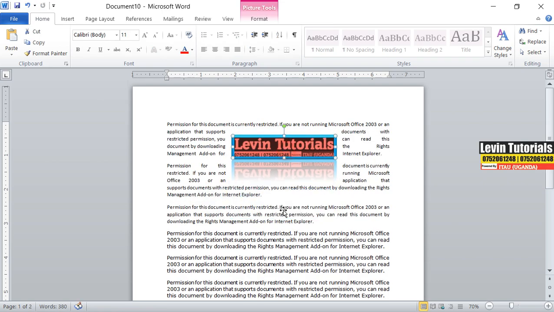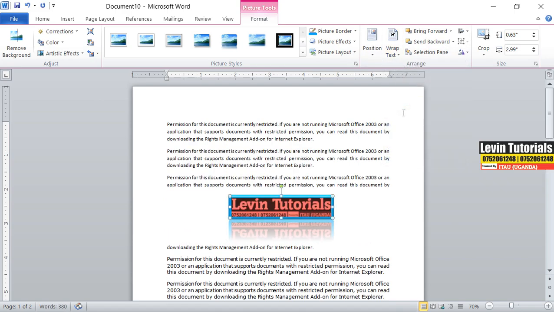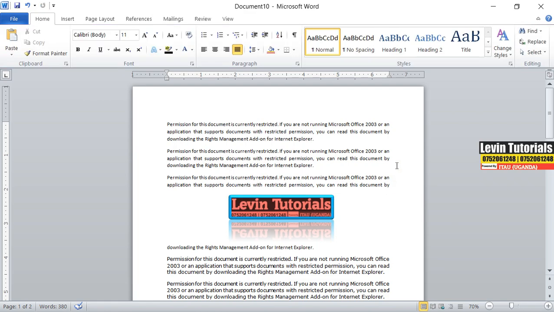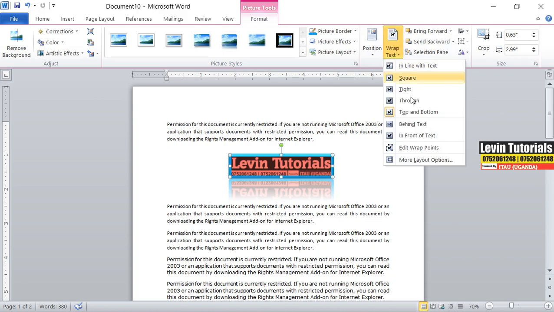You see? So this is that. I can still change the wrap to top. That means my image will be in the middle and all other words will be at the top and the bottom, anywhere I put it. Then I also have